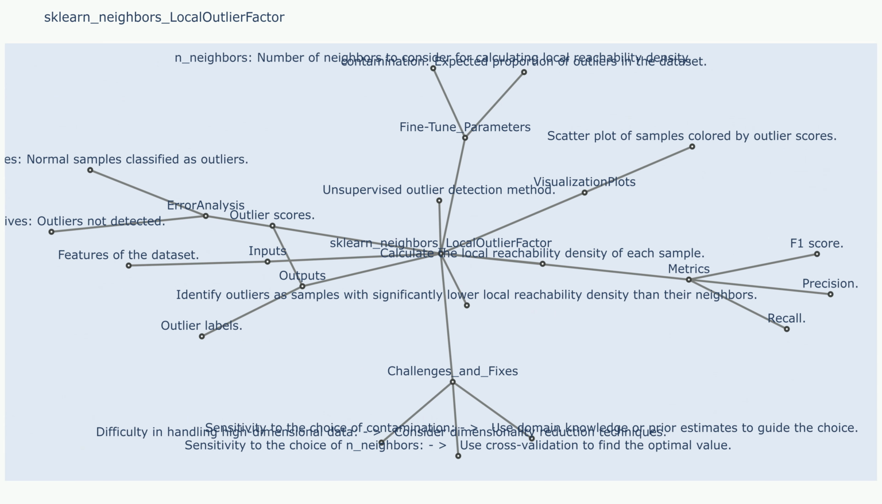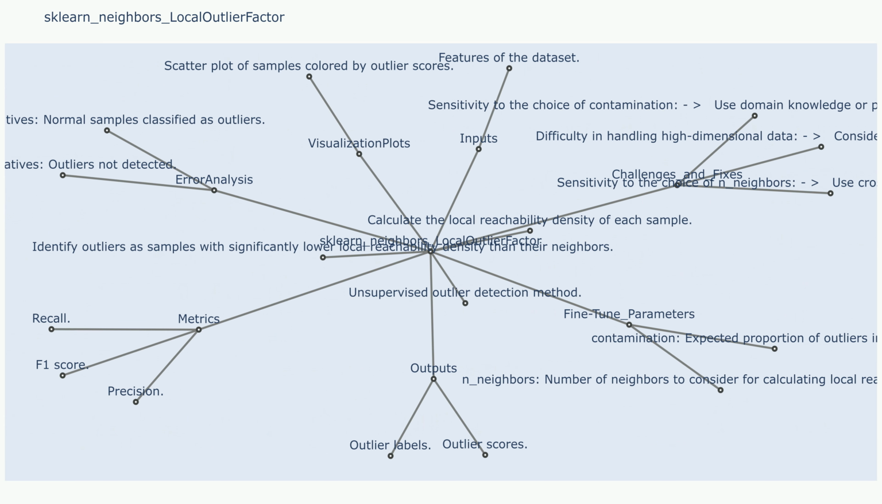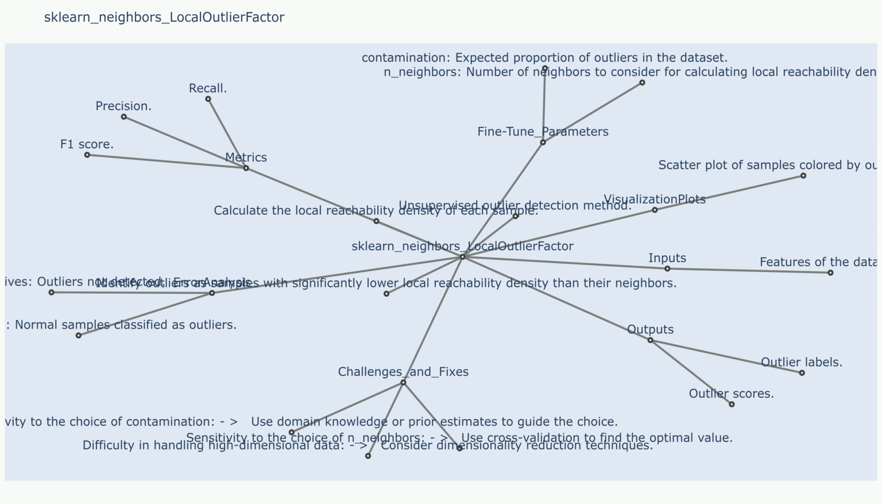3. Local outlier factor calculation: the LOF score for each data point is calculated by comparing its LRD to the LRD of its neighbors. If a data point has a significantly lower LRD than its neighbors, it is considered an outlier, resulting in a higher LOF score. Metrics. Precision: